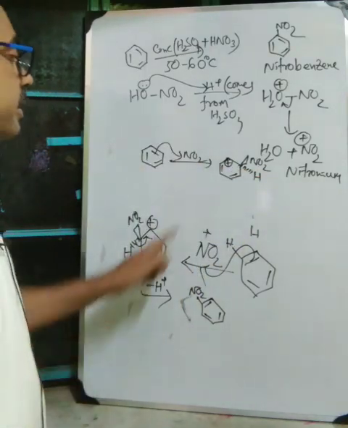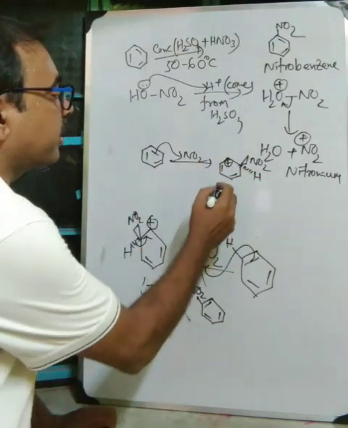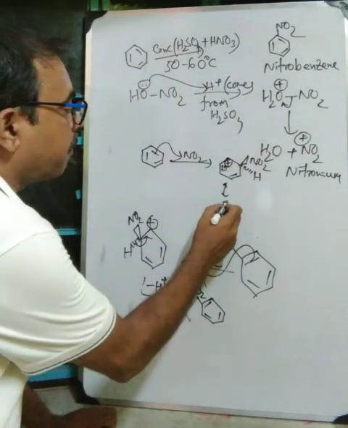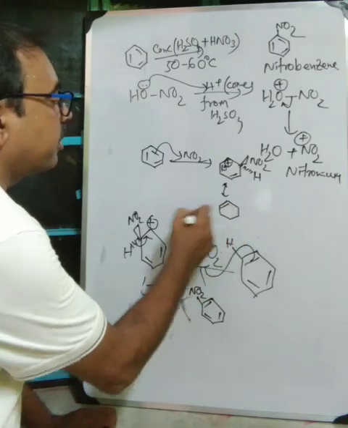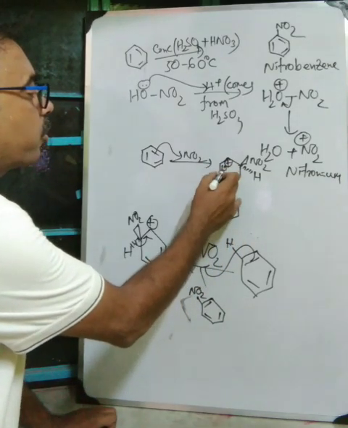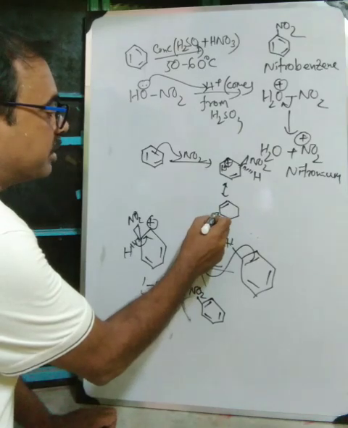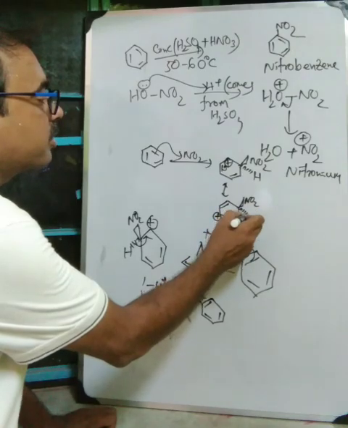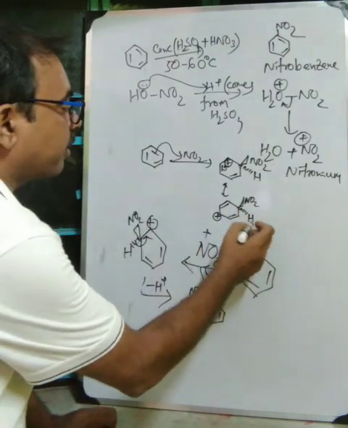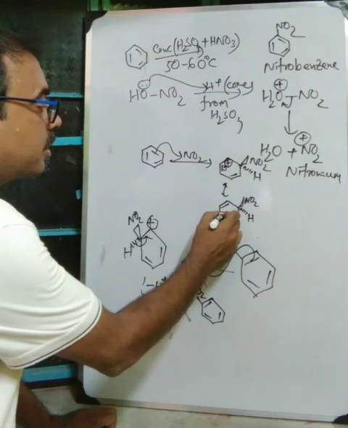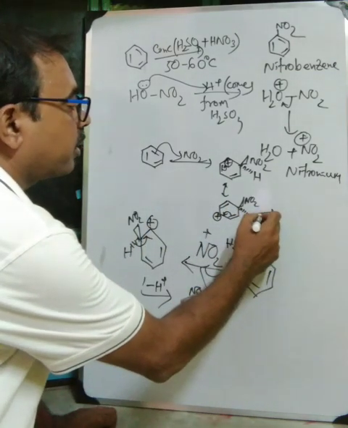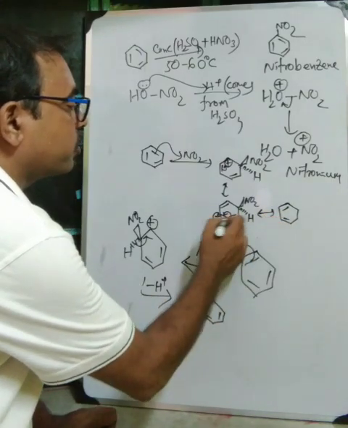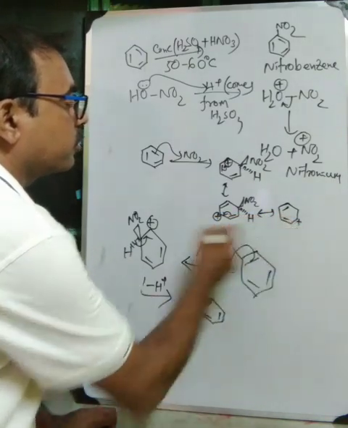Now here a new thing may occur, that is, a resonance can occur where this pi bond shifts towards this carbon to make a double bond. Since the pi bond is broken from this carbon, the positive charge is now here, so it can be a resonating structure of this cation. Then again, this pi bond can make a double bond with this carbon, so another resonating structure is formed here. Now the positive charge will shift to this carbon,